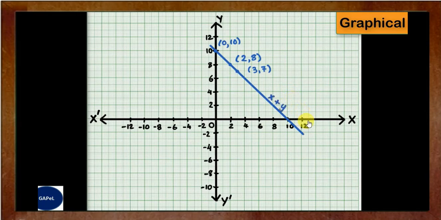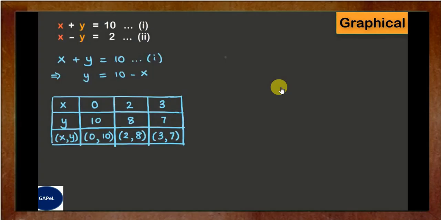So I can write it over here. So as I said, you have to take 3 points, okay, without fail. The third point will act as a check. If the line is passing through all 3 points, then your answer is right. If 2 points are here and the third point is somewhere else, then there is some problem. Now we will go ahead with the second equation. Note the second equation, x minus y equal to 2.